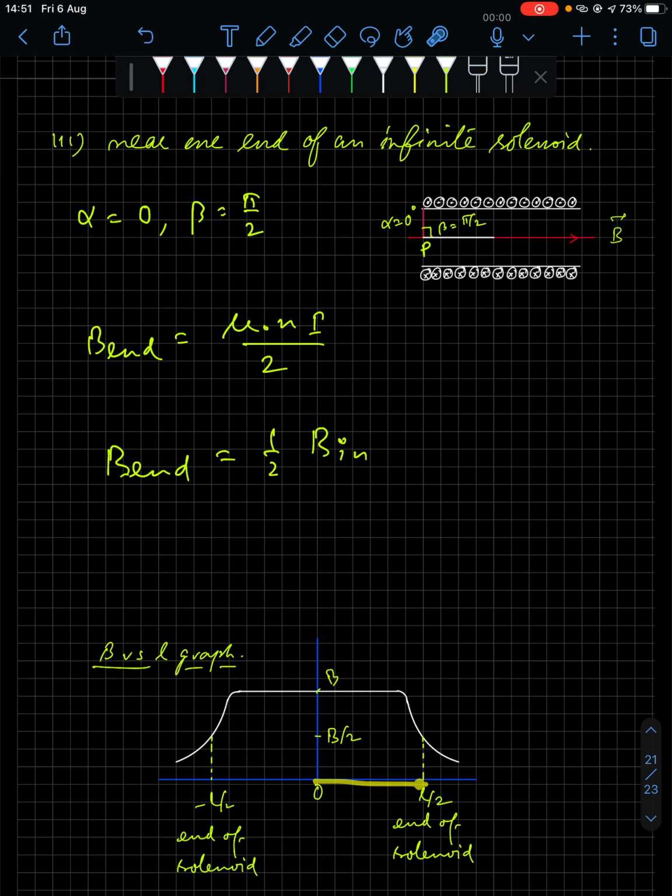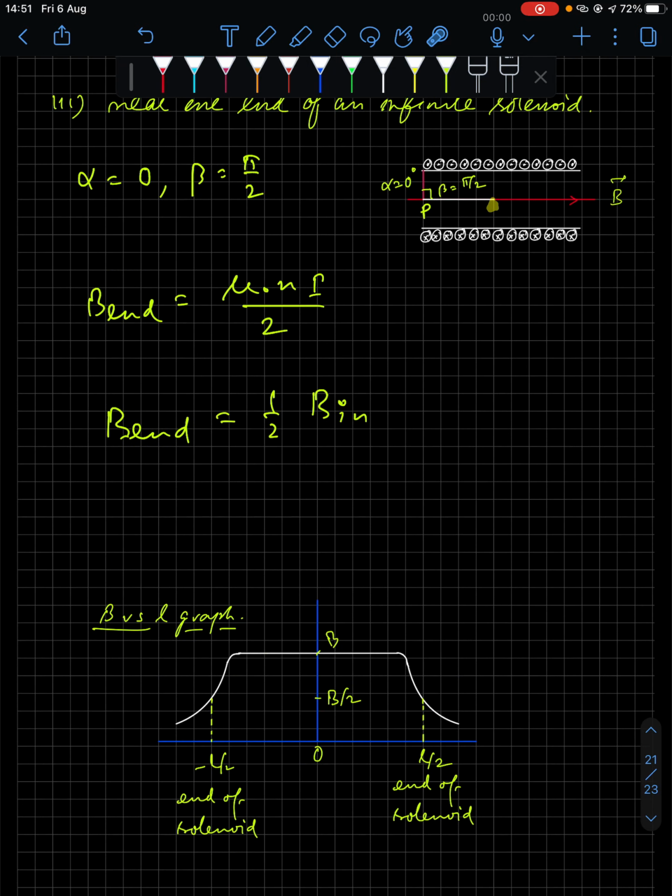So you can see here that at the point L by 2 the magnetic field is half of what you had at the origin or at the center. Okay, from here to here this length is minus L by 2. Similarly from here to here also this length is L by 2. So at these points your magnetic field value is mu naught Ni by 2, which is half of the magnetic field at this point. Therefore you can show at the origin the magnetic field is B, and as you approach L by 2, towards the end of the solenoid, it has fallen to B by 2. Okay, if you go outside, the magnetic field will further fall. So this is the case of solenoid.